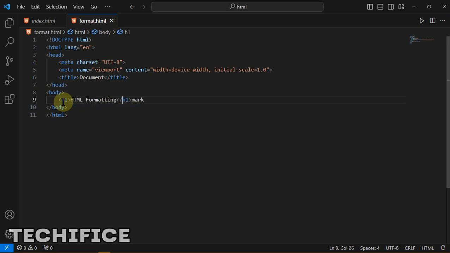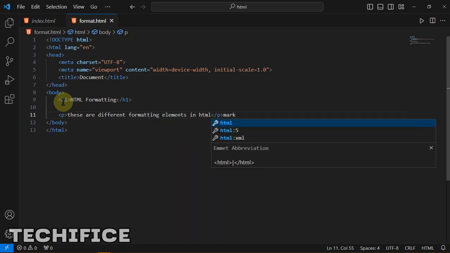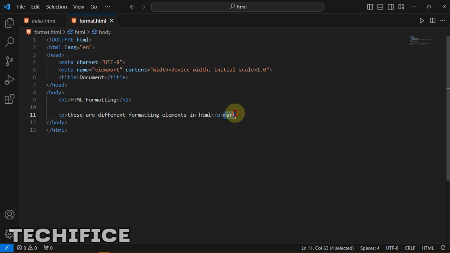And then in order to make sure that we can see this clearly, let me say paragraph. These are different formatting elements in HTML. Awesome. So we have, there are many of them. Like I mentioned, there is mark, there is bold, there is italics. But how do we write them? So I'll say